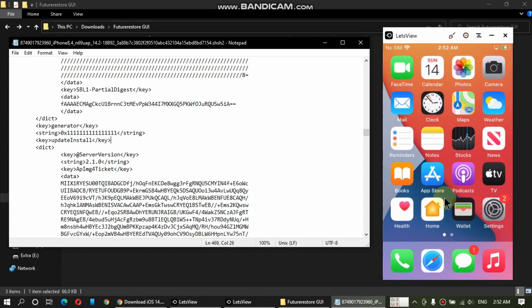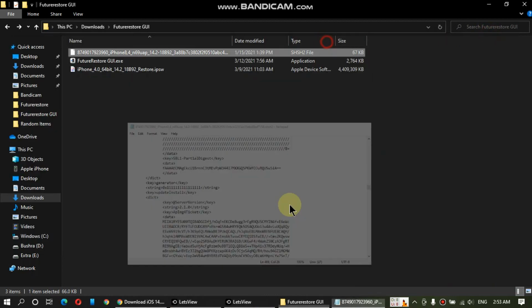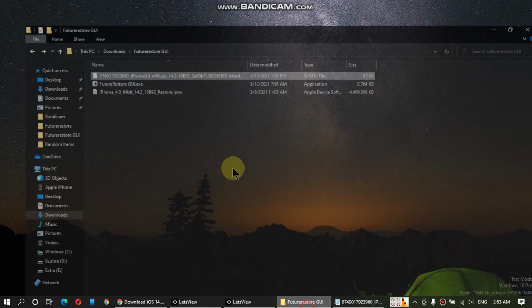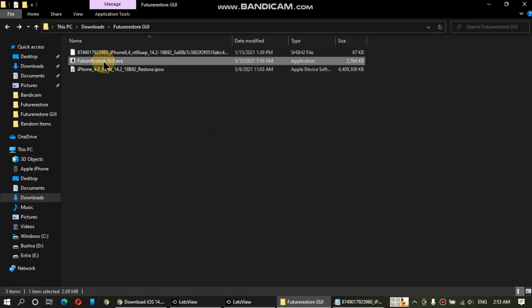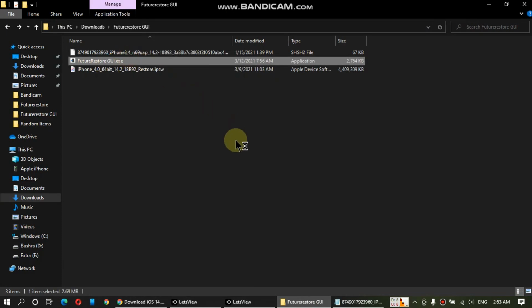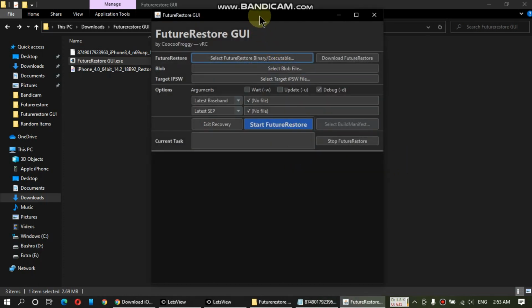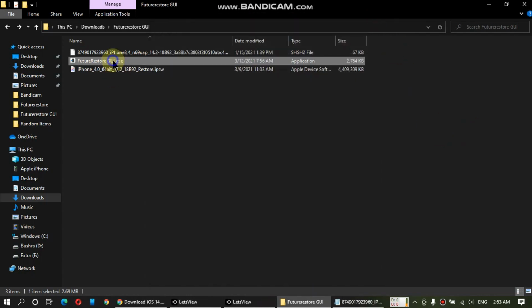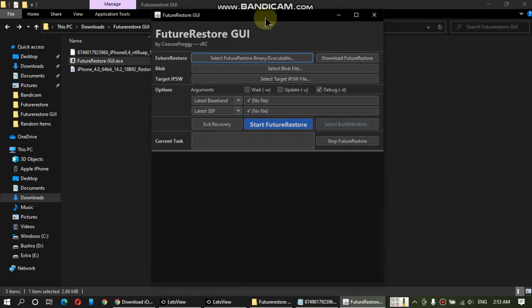Now we are ready to use Future Restore. Run as administrator, and you will see the GUI right here.